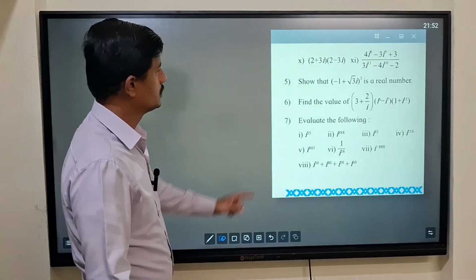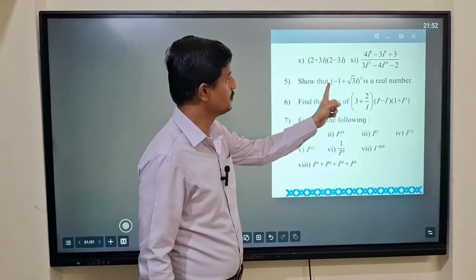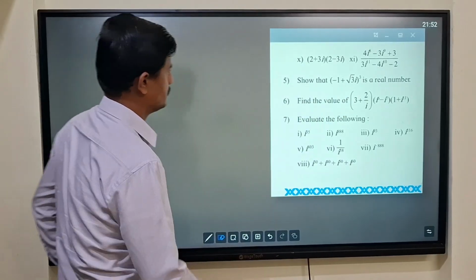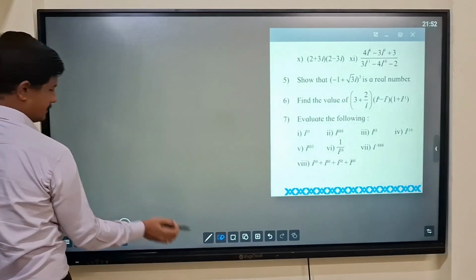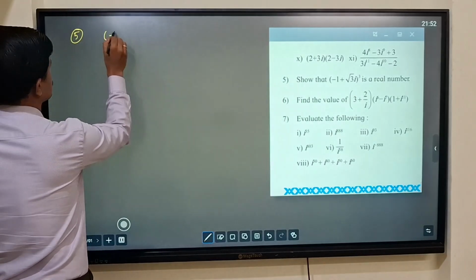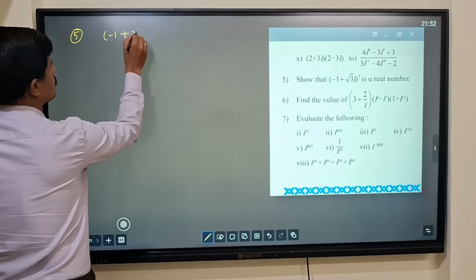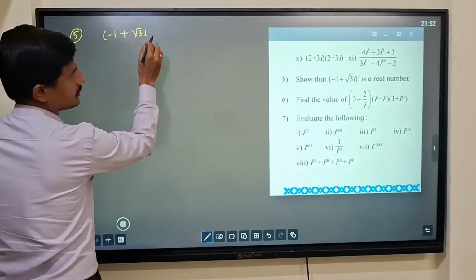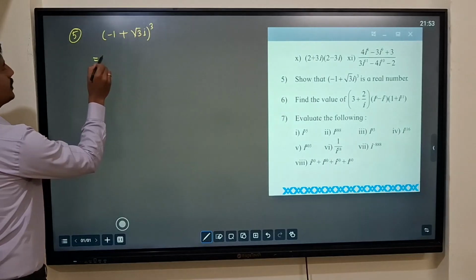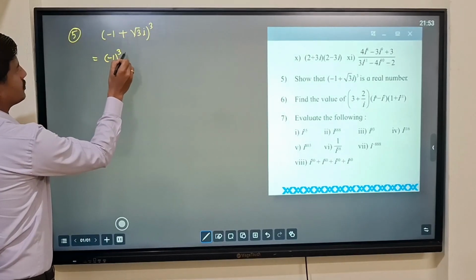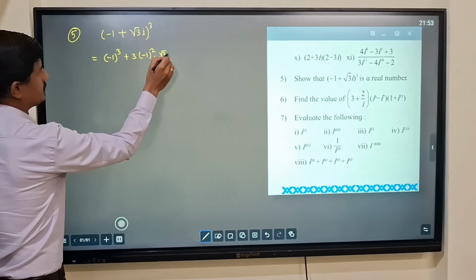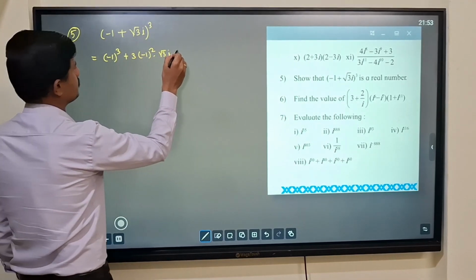Question number 5. Show that (-1 + √3 i)³ is a real number. Fifth one. The question is (-1 + √3 i) whole cube. Now see, by using the formula, (-1)³ + 3(-1)²(√3 i) + 3(-1)